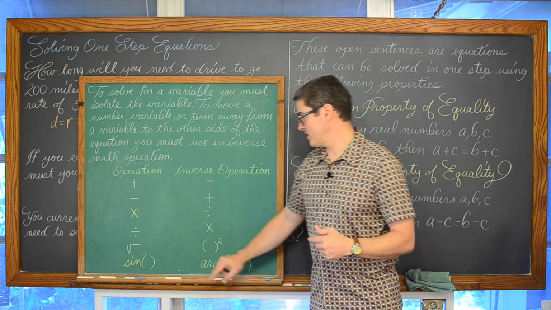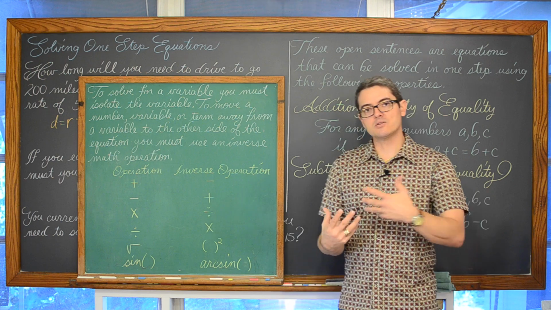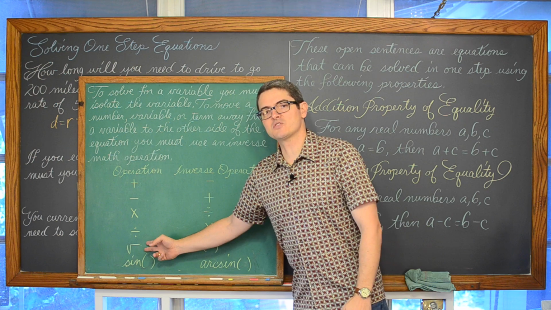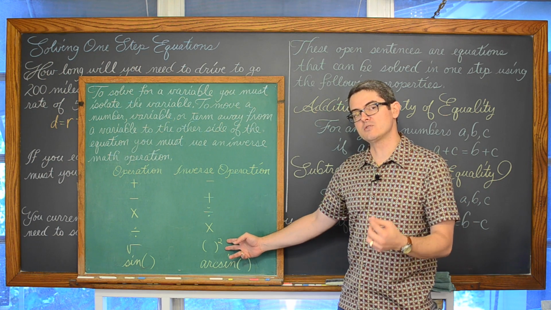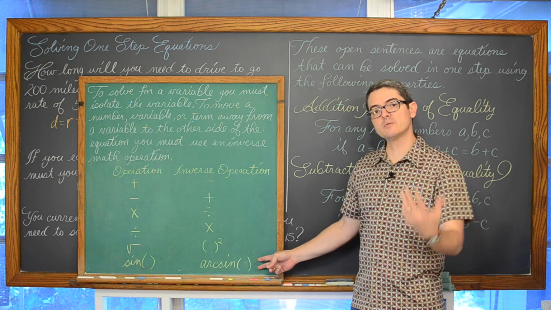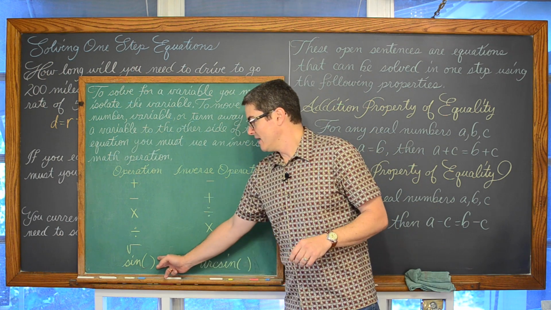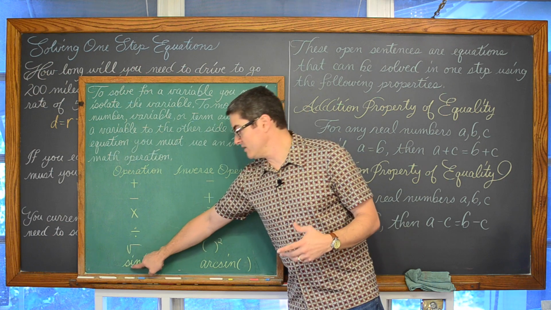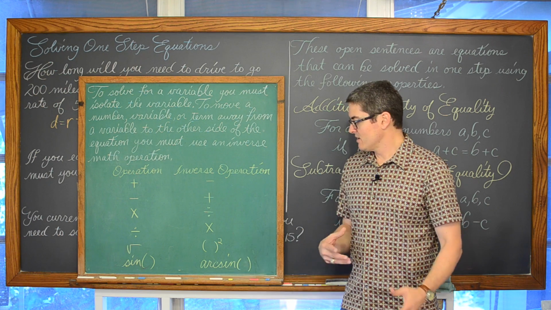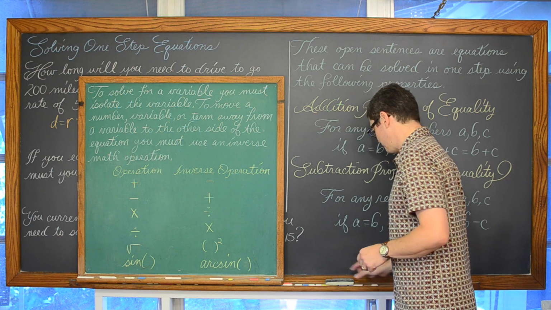Likewise, the inverse of division is multiplication, and this will develop into more and more mathematical operations as we move our way through algebra, algebra 2, pre-calculus and into calculus. The inverse of square rooting, or the square root function, is to square both sides. You may or may not have worked with this math function. Ultimately you'll be studying trigonometry, hopefully, as you move through your mathematics. If you're taking the sine of something, you can undo the sine function with its inverse function, which is arc sine or inverse sine. So there are many, many examples of inverse functions as you move through your math studies.